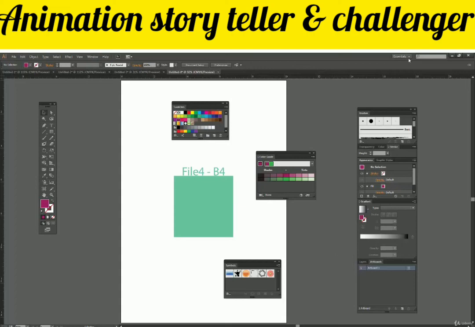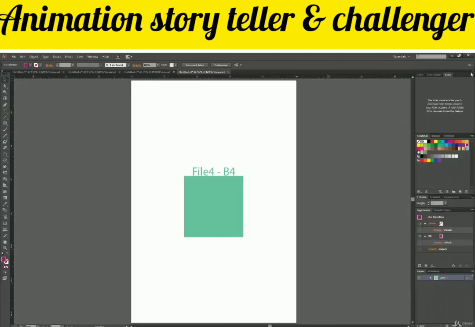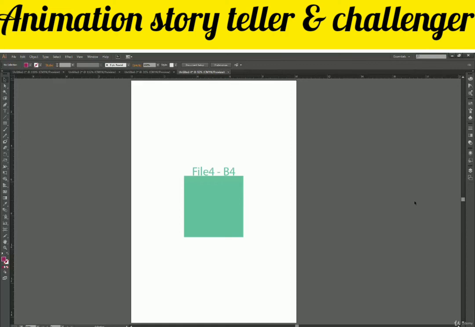Let's click on the workspace button, and at the bottom we have three more options. Like the name says, it will reset my workspace. So let's click over here, and yeah, there we go. I have my old workspace arrangement or layout back.